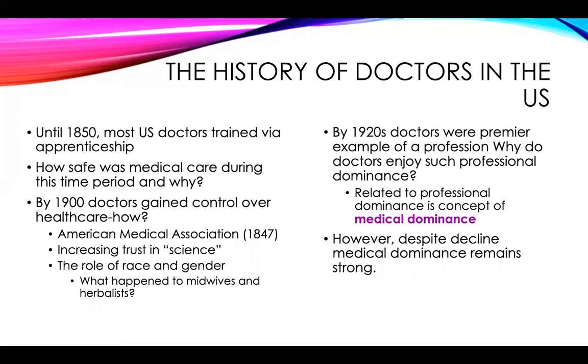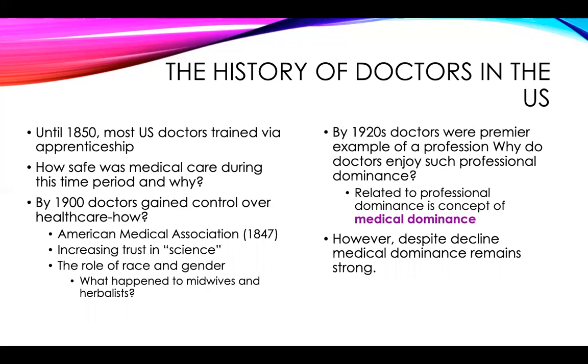So it's worth noting that, out of the 1700s and the Enlightenment, the development of the medical model, the rise of modern medicine, people were largely in the US learning how to be doctors via an apprenticeship. I'm sorry, you're literally hearing the lawnmower going on. Hopefully you can still hear me over it. But up until 1850, people are learning via apprenticeship how to become a doctor.